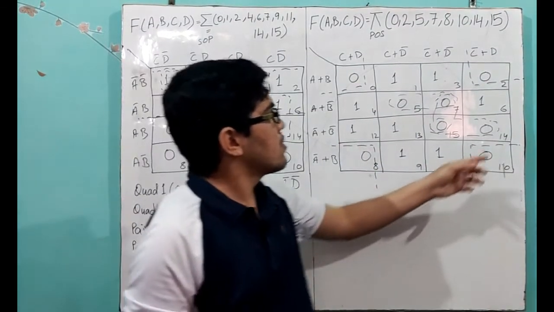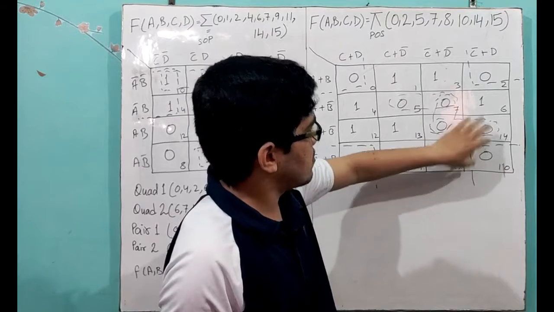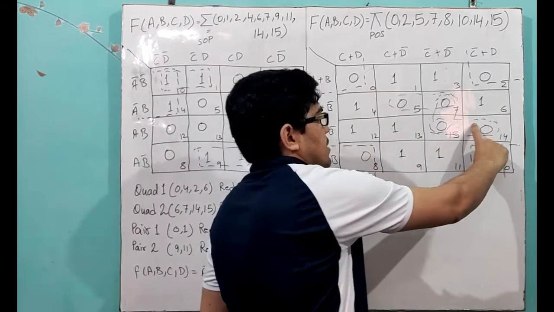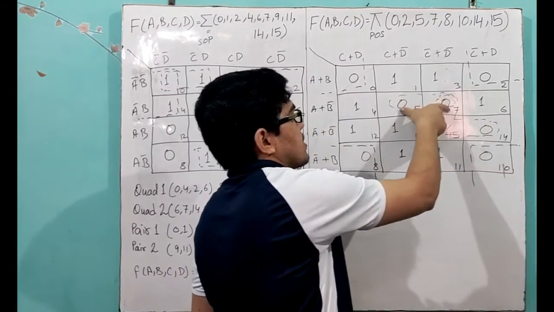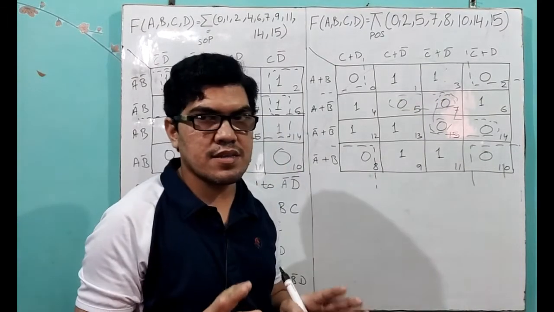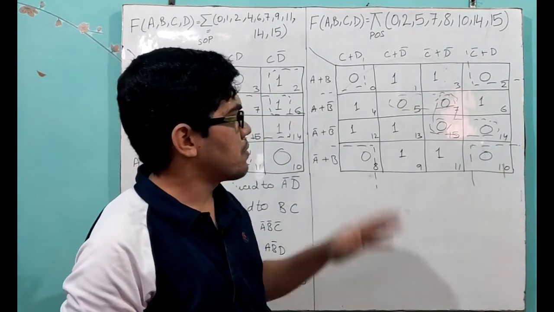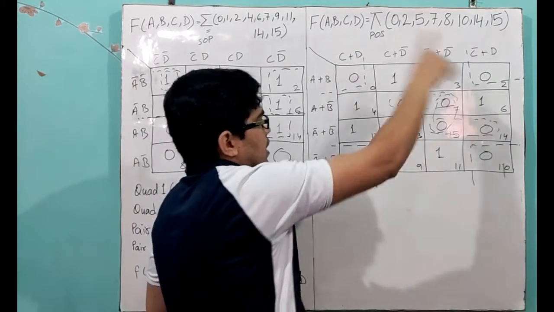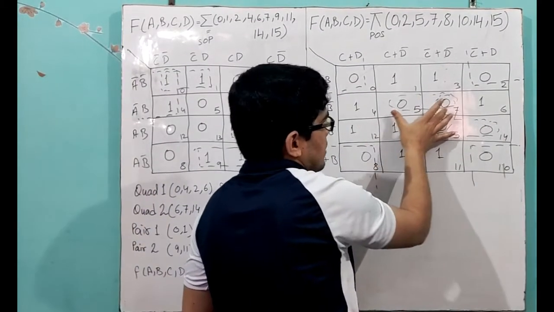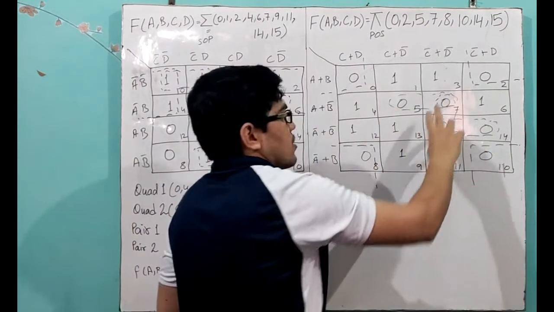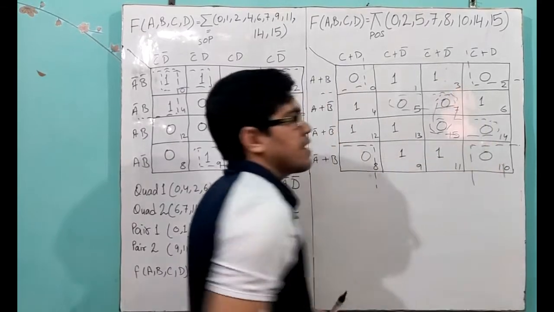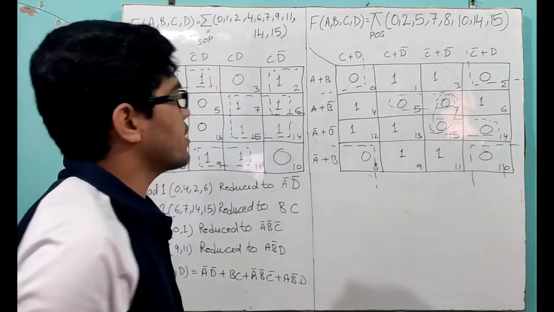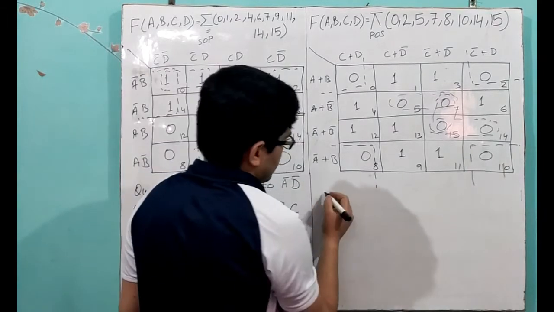Second solution, we can make a pair for this element with this, means 1 pair we can make this, second pair and third pair. That is, there is no redundant group. But the best solution will be given by 1 quad, this 1 pair and this second pair. No need to take this third pair as it is a redundant group of elements. Okay, so now come to the solution.